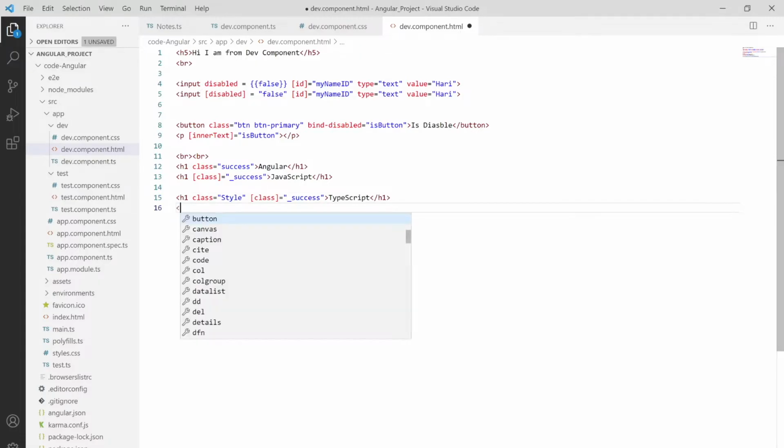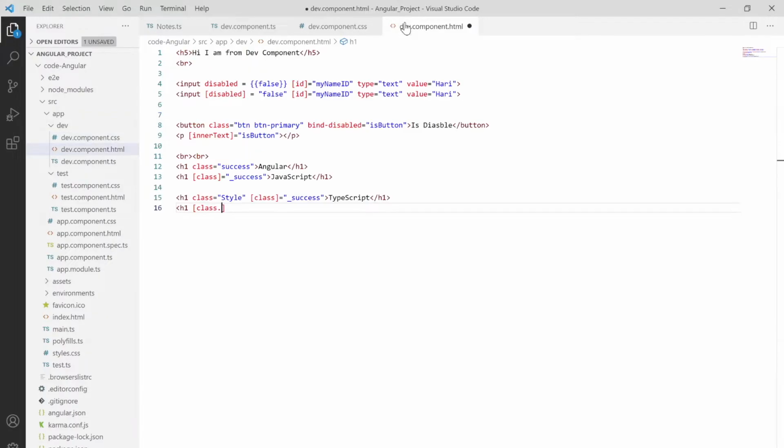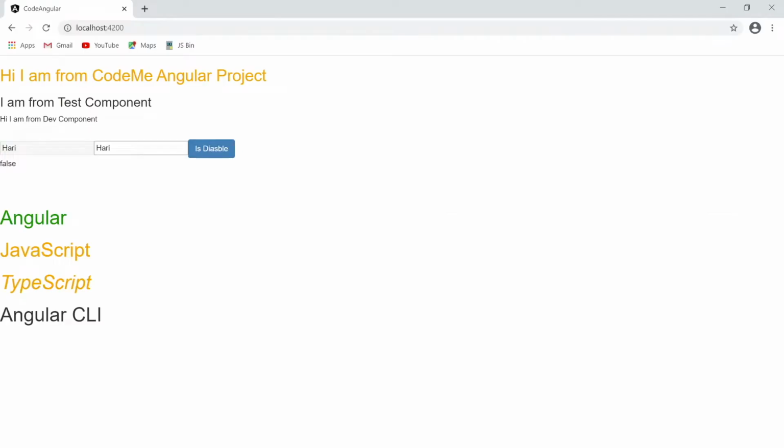Here I'm putting the syntax, which is class, and then dot, whatever the style we want to bind. Here I'm using the style as failed, and then assigning it to the variable we have created. Save this out, and now move toward the HTML.